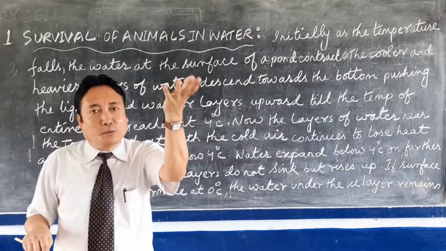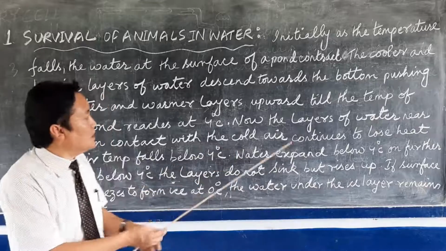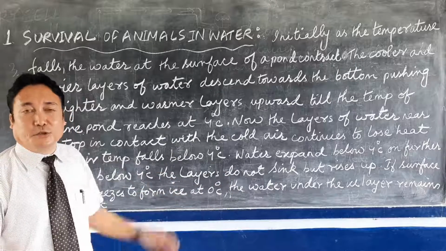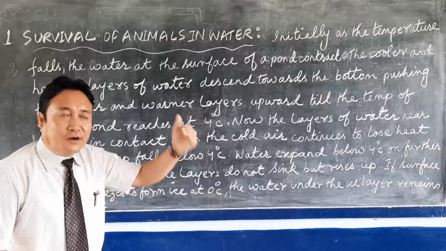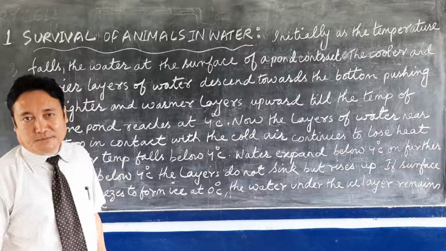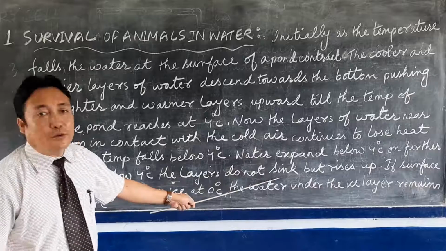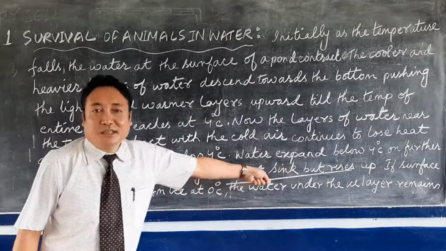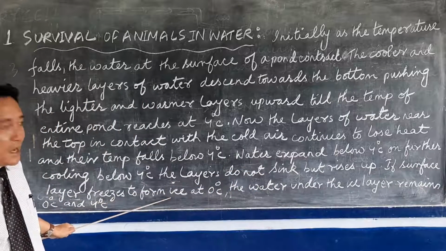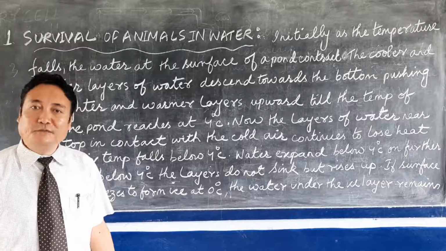And when that warmer water remains on the surface, it will start losing heat, and its temperature will fall below 4 degrees Celsius. So when the temperature starts falling below 4 degrees Celsius, that water will expand. And when the water expands, what will happen? It does not sink now. It does not sink, and it remains rising up. So therefore, what will happen? The surface layer freezes to ice at 0 degrees Celsius, but the water underneath remains at 0 to 4 degrees